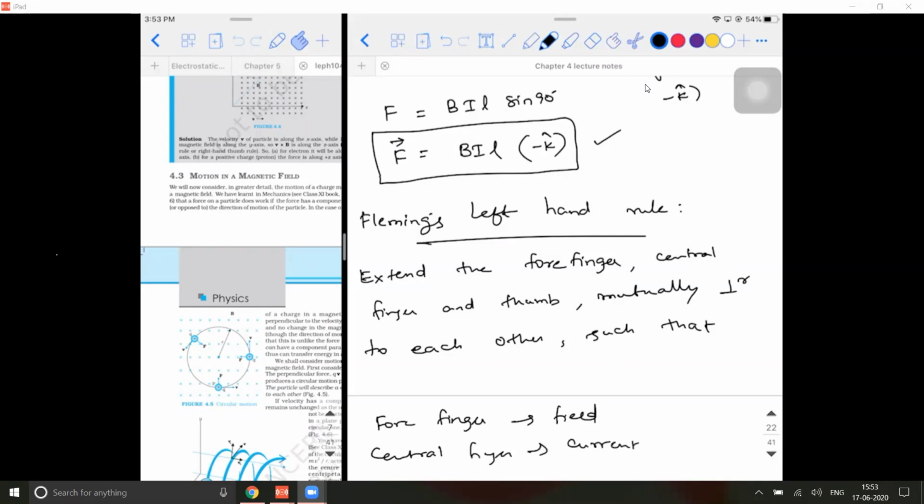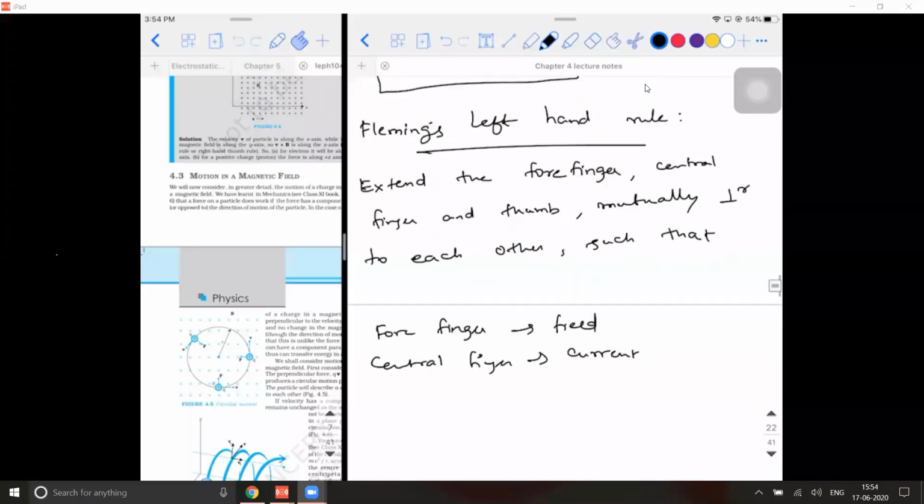Who said induced current? Induced is not right. Here no current is induced. Induced means creating. It is only current which is already existing. Induced current you need to find using the right hand rule. Don't use that word. The central finger shows the direction of current through the conductor, and the thumb shows the direction of thrust. That is nothing but force.